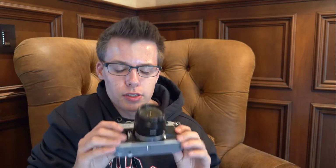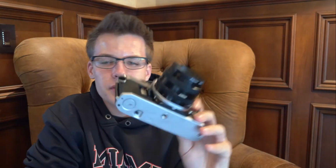It has a metal top plate and a metal base plate, but the middle is plastic, which actually makes for a fairly light camera. It's got actually a good amount of weight to it, considering what it is. But it's a well-built camera. This one was in perfect condition up until